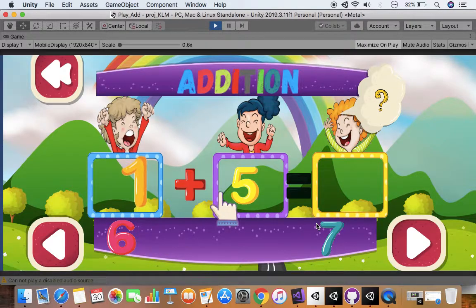1 plus 5 equal to. So what is happening is that when this number was shown, with audio narration it says 1, then the sign, then 5, which is the second number num2, and then the equal to sign. So slowly and steadily the kid starts relating subconsciously with these symbols. That is the intention behind speaking all the words.